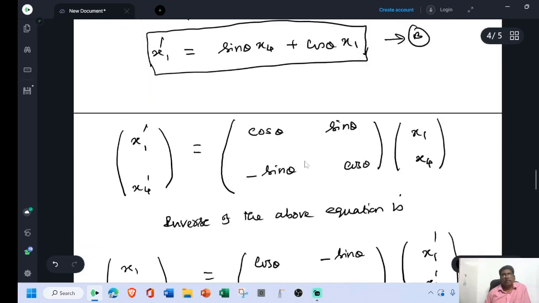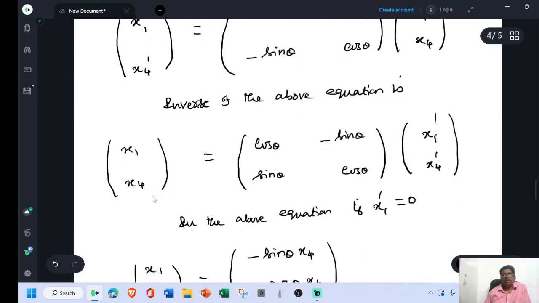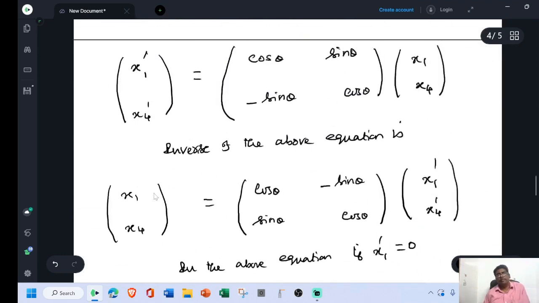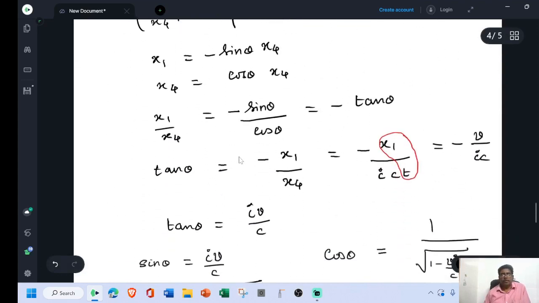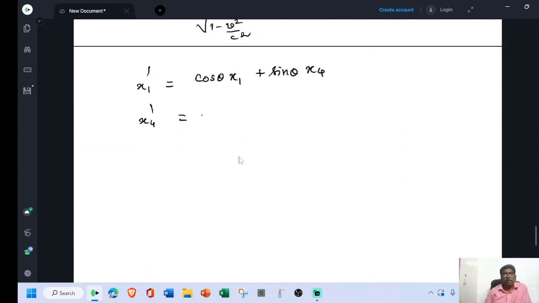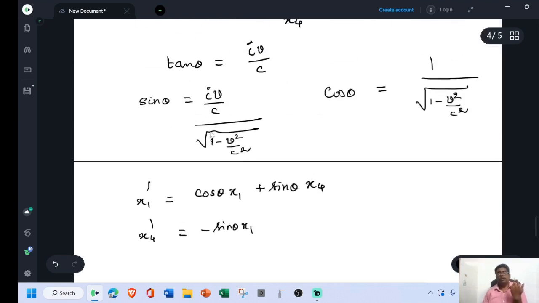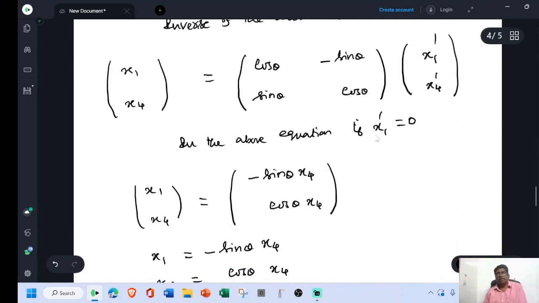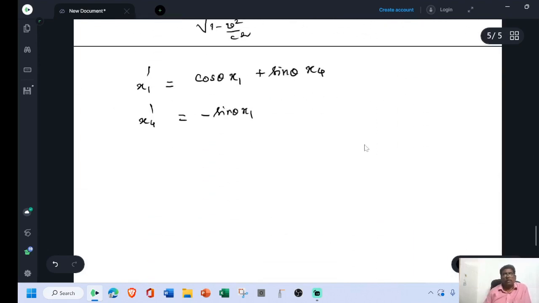x4 dash equal to minus sin theta x1 plus cos theta x4. We have had the two equations at the beginning. Now take the first equation, x1 dash equal to cos